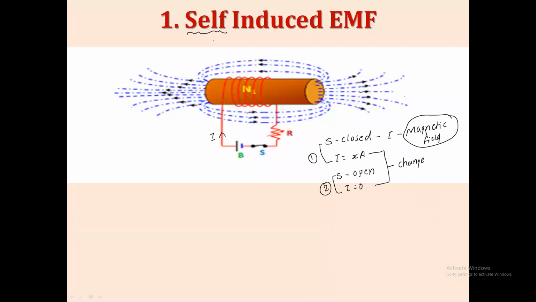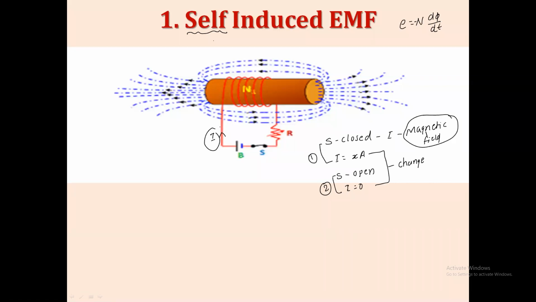Now we know what our basic equation for that induced EMF is. E is equal to N d phi by dt. But what is its direction? So here the minus sign is there. What does that minus sign indicate? The minus sign indicates that the induced EMF is exactly opposed to the cause that produced it. What is the cause to produce the change in magnetic field here? Current. It is the property of a coil which will always oppose.